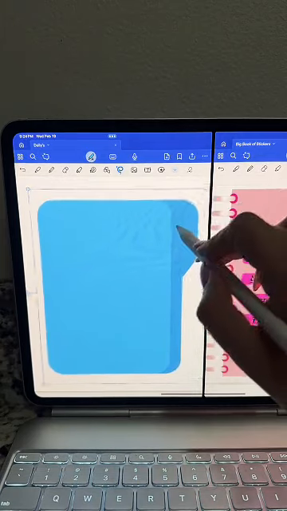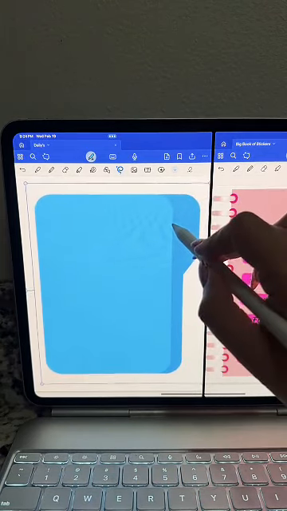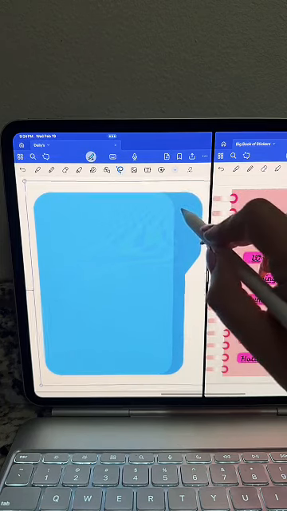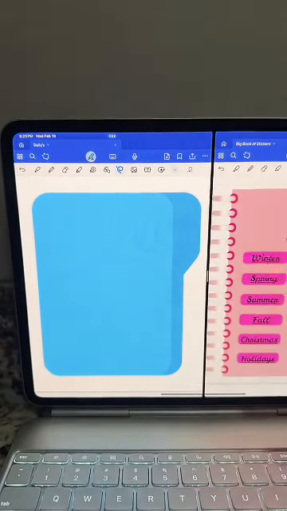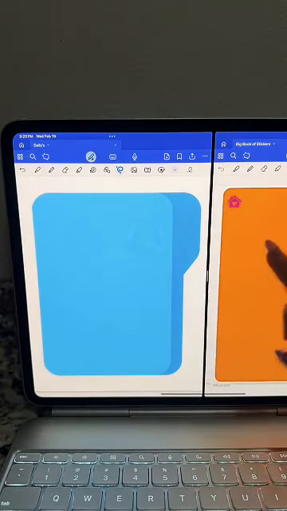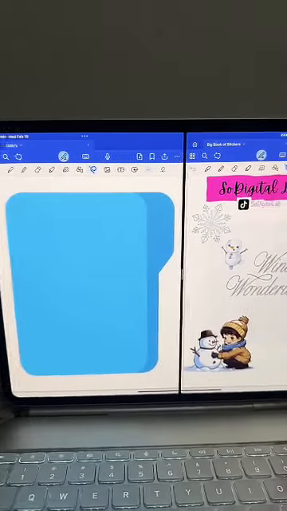I'll spread it open, right? And I'll leave it as big as I can. And then I'll tap out of it, go back to the winter pack, and then